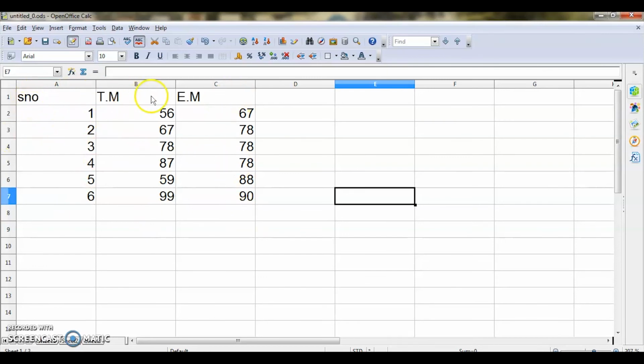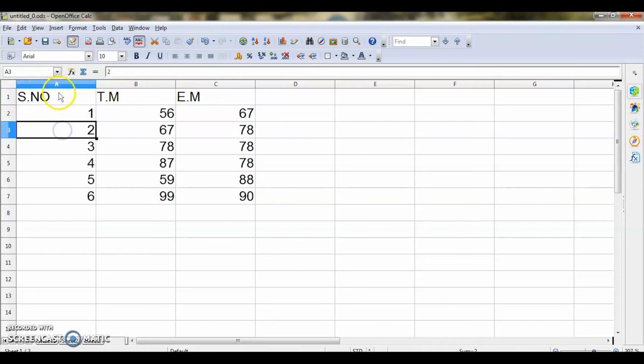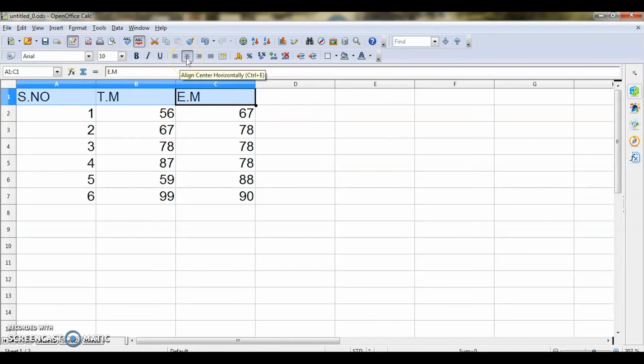So now these two are in capital. If I want, I can make it a capital one also. Okay. Right. So if I want everything of this to be centered, I have selected this. I want it as center. This one gives Control plus E, or I can click this icon. So center. Everything moves to the center.